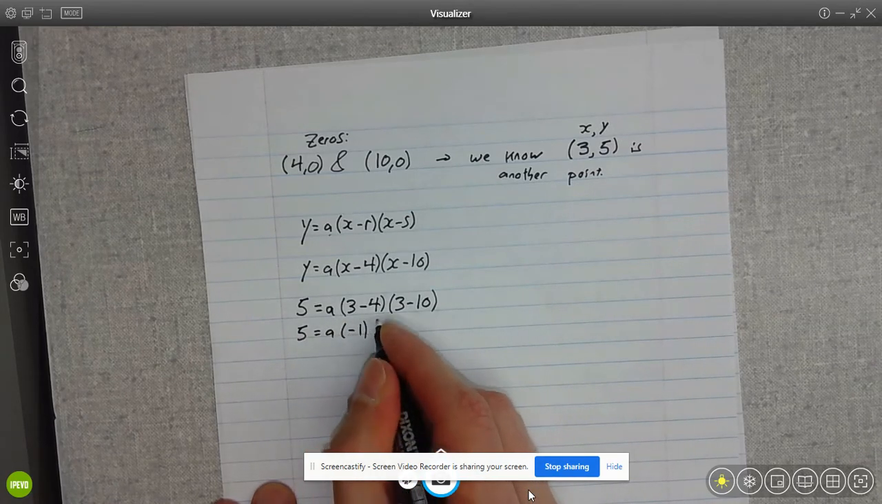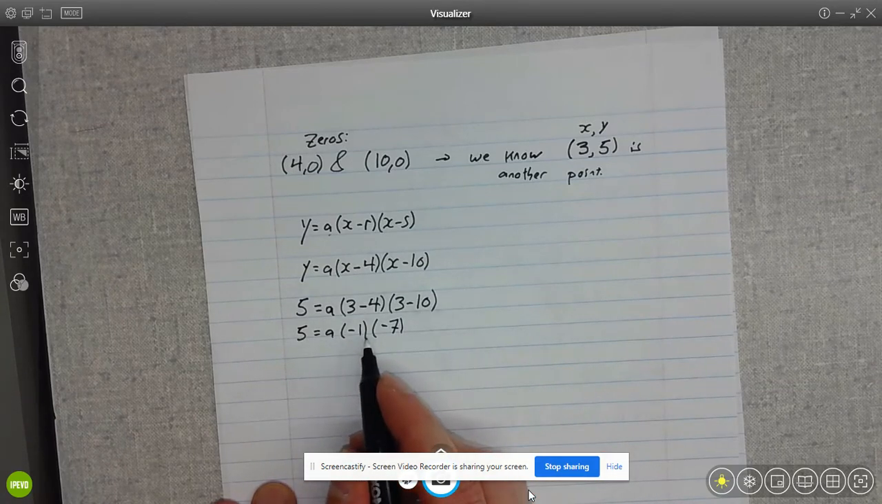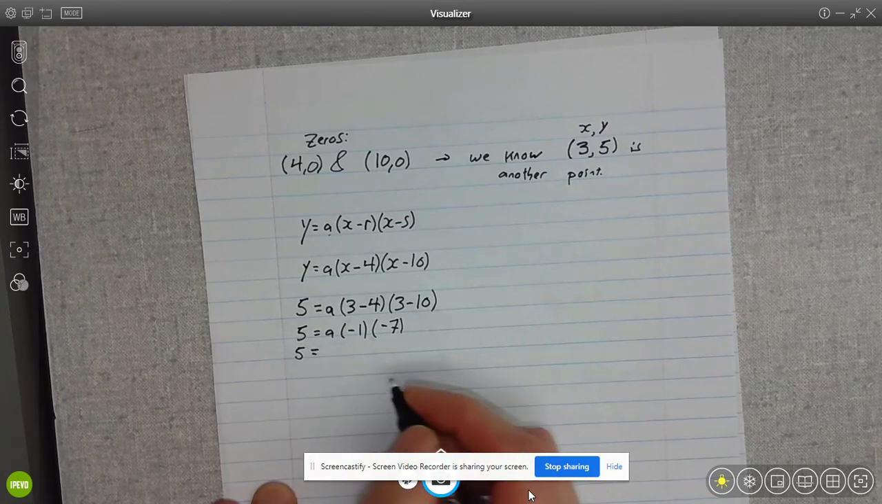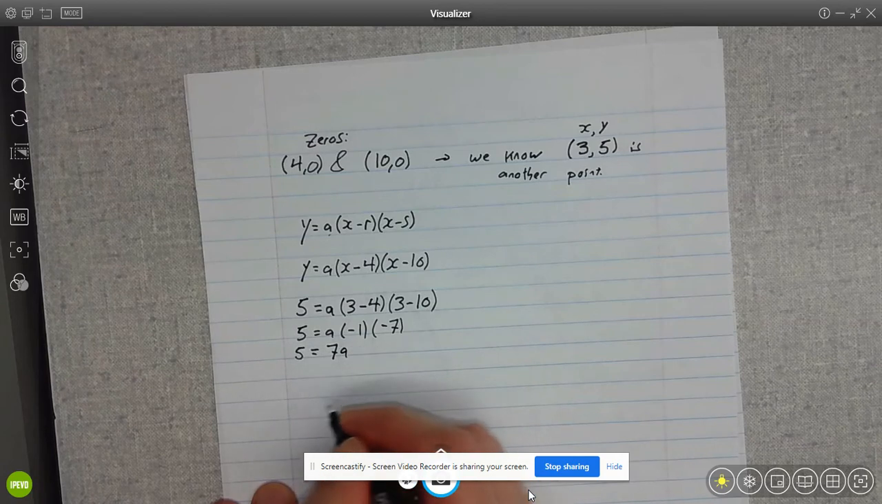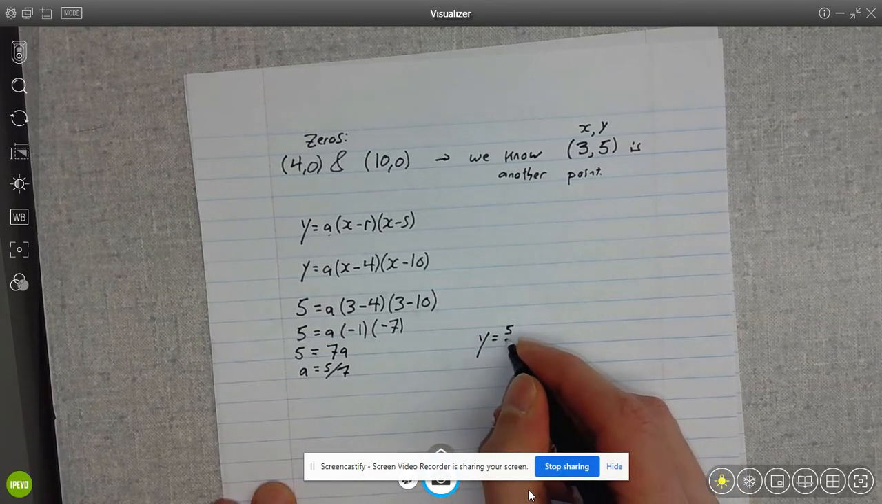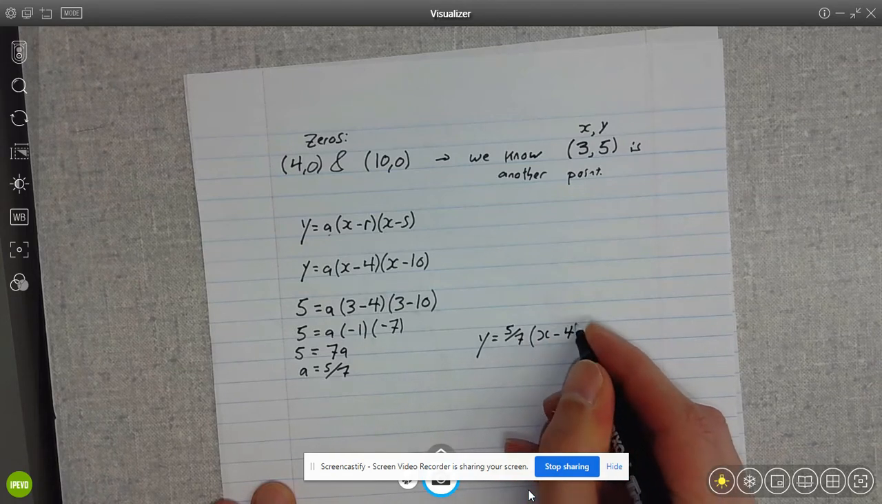And again, we're always going to do our brackets first. And then I'm multiplying a by -1 by -7. -1 times -7 is just 7. So 5 equals 7 times a. So a equals 5/7. And now I can write the equation of my parabola in factored form. I know a, and I also know my other parameters,